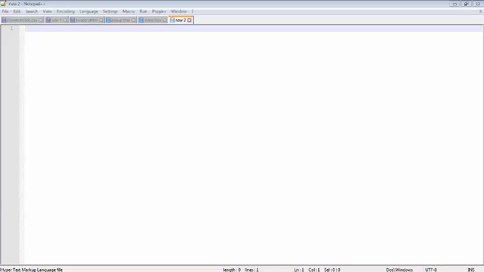Okay, let's start. First of all, you need a text editor. You can download it from the internet. That is basically Notepad++. It's free of cost and open source, and it is designed for coding. So we will write code and design a listing design in two languages, CSS and HTML.